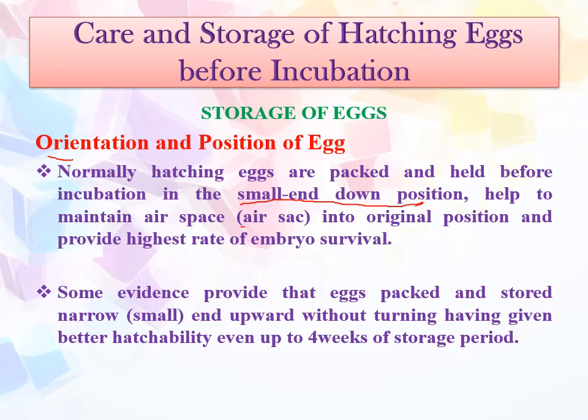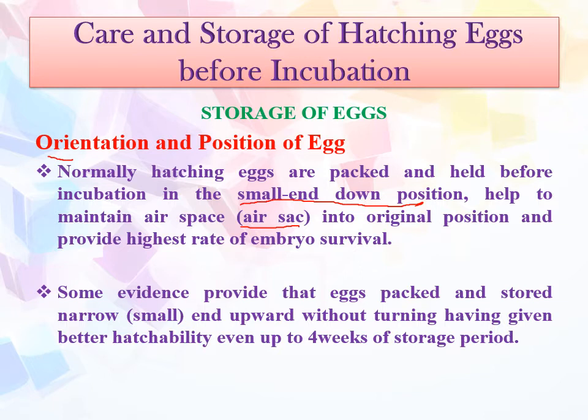So universally, either they are fertile egg or they are non-fertile egg for human consumption at the food stall itself. You can see the eggs are put into the tray in such a way that the small end will be on the lower side and broader end will be on the upper side. Why? Because in the broader end there will be egg shell. So if you put into the vice versa position, there may be chances of breakage of egg shell.